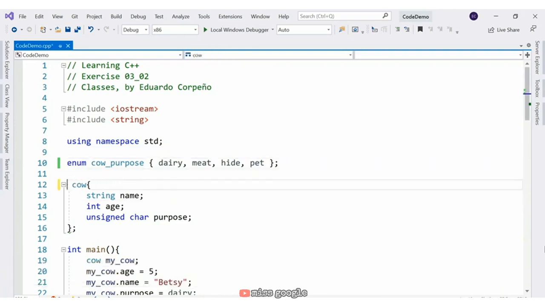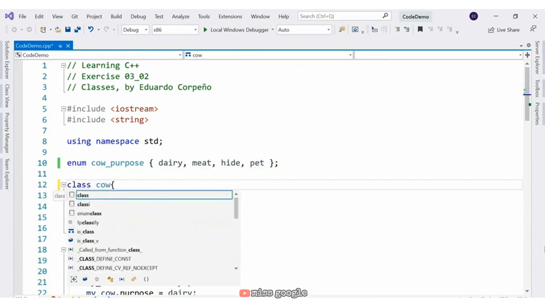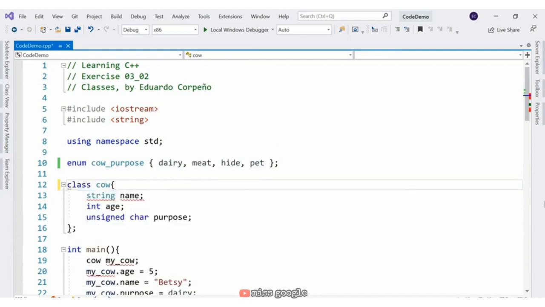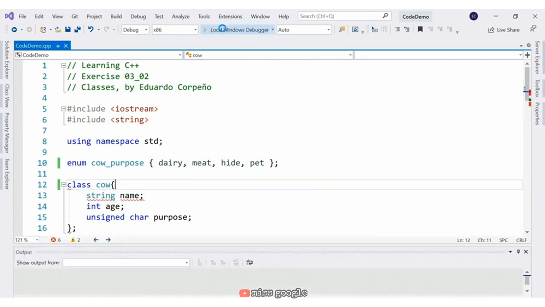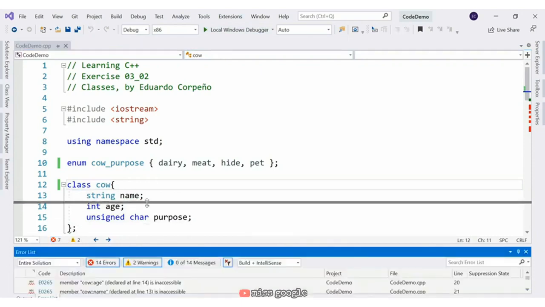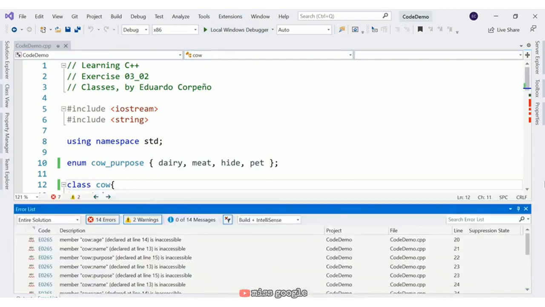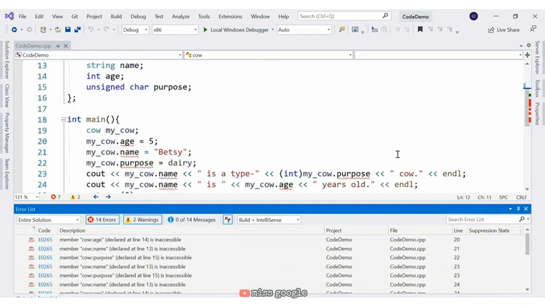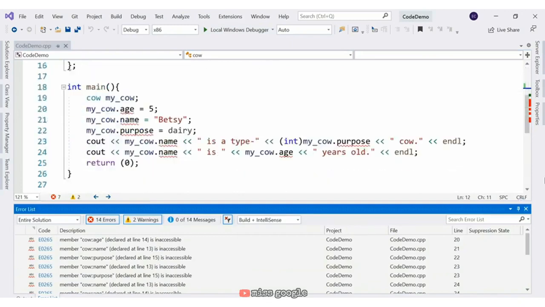So the first thing I'll do is change the struct keyword to class. That's almost it. In fact, let's try it. We got some errors. The first one reads, member cow age is inaccessible. That's because in the main function, I'm trying to access the cow's members, but by default, class members are private. So with this error, we see that the class is actually doing its job of hiding its members from the